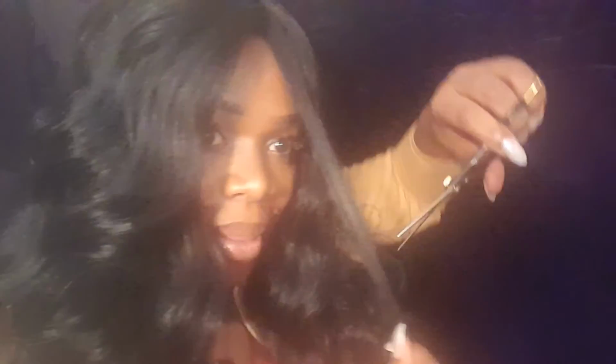And before, when I first put this on, I was looking kind of like, oh, she looks raggedy. Now look at it. Now look at even this side. It looks more like it's framing my face, okay? So now when the wind blows, it's going to fall a little differently. Now what I typically would do, I want to show you guys, is I wouldn't have been okay with that side. I would have went right back in and just,